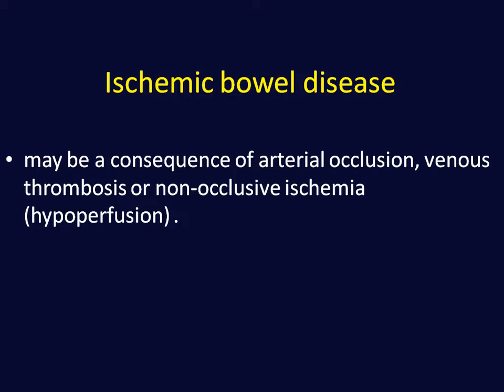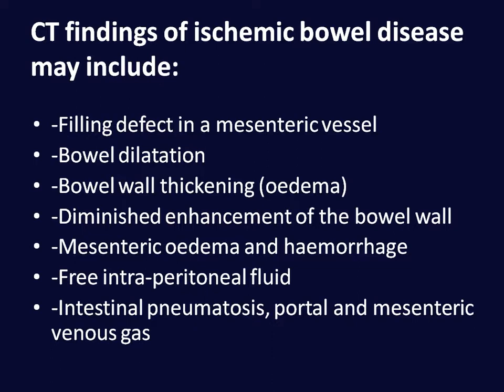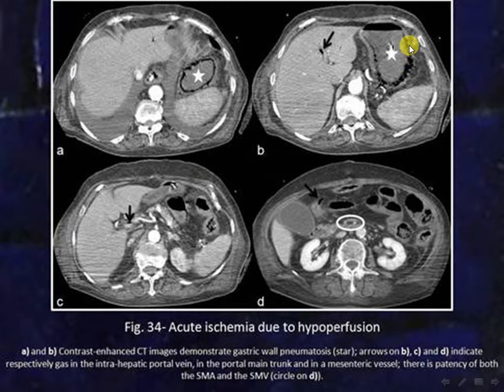Ischemic bowel disease may be a consequence of arterial occlusion, venous thrombosis, or non-occlusive ischemia, such as in cases of hypoperfusion. CT findings include filling defect in the mesenteric vessels, bowel dilatation, bowel wall thickening and edema, diminished enhancement of the bowel wall, mesenteric edema and hemorrhage, free intraperitoneal fluid, intestinal pneumatosis, and portal and mesenteric venous gas. You can see here there is gas within the wall of the stomach, and gas within the branches of the portal vein here, and you can see the filling defect in the mesenteric artery, indicating bowel wall ischemia with portal venous gas,